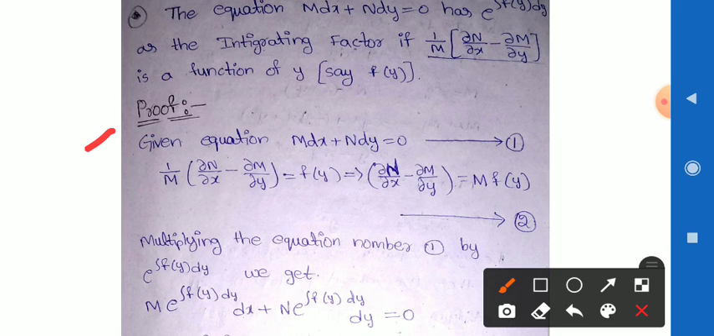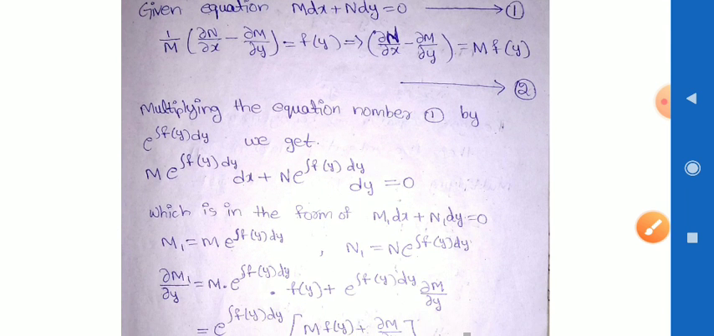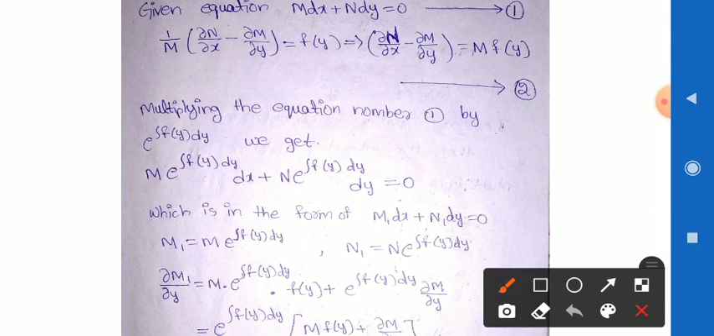Now given equation m dx plus n dy is equal to 0, which is equation 1, and 1 by m into dou n by dou x minus dou m by dou y is equal to f of y, which is given in the above theorem. By cross multiplying we get dou n by dou x minus dou m by dou y is equal to m into f of y, which is equation number 2. Now multiplying equation 1